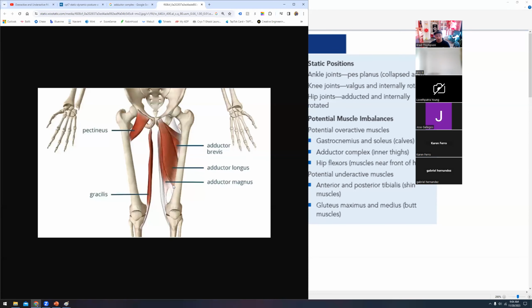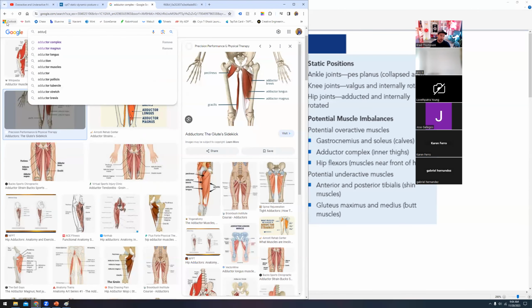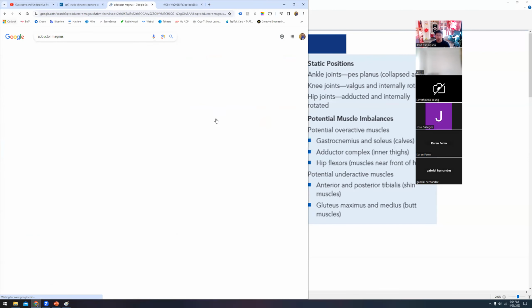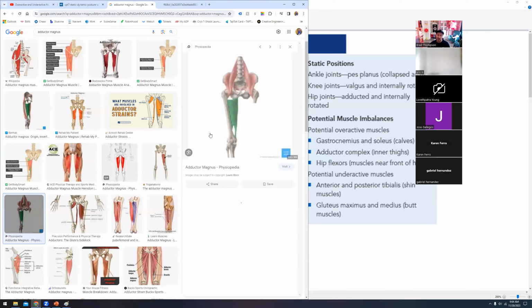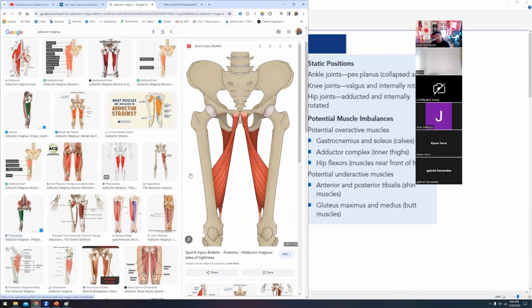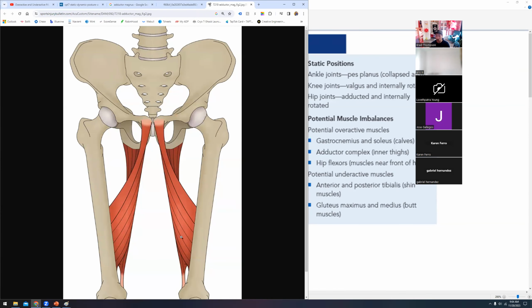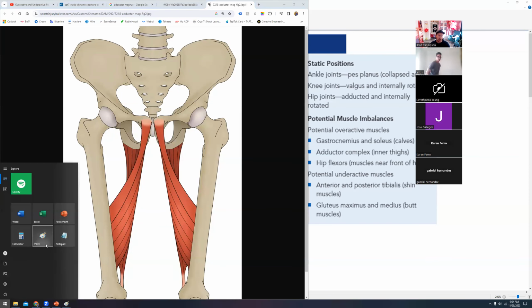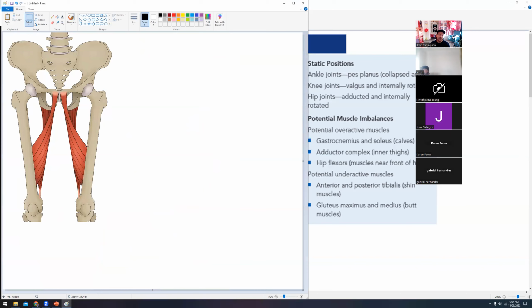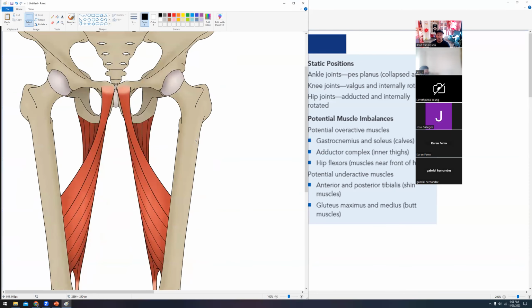Now, there is an exception to that. You take a look right here, this adductor magnus muscle. If we look at the adductor magnus, it does have two separate sets of fibers that are attaching on opposite sides of each other. Actually, that's a great picture. So this is kind of a weird muscle because it is, actually not almost, it is an antagonist of itself, which is always a weird thing to say. But again, we look at this muscle and its origins and insertions. Muscles have their line of pull, so if we look at the adductor magnus,